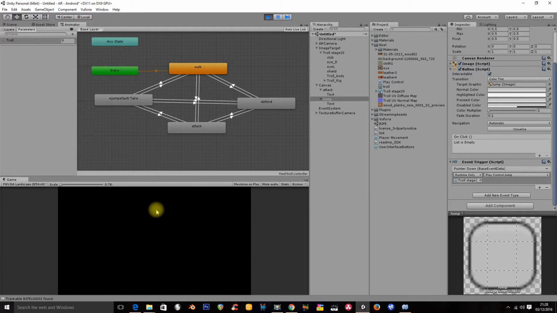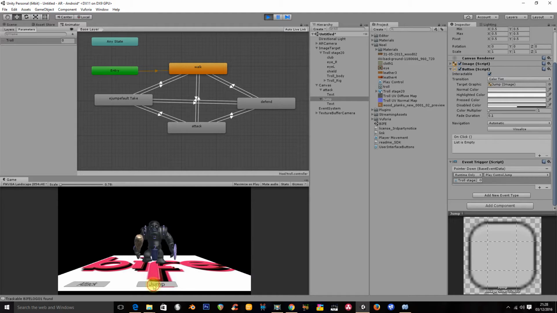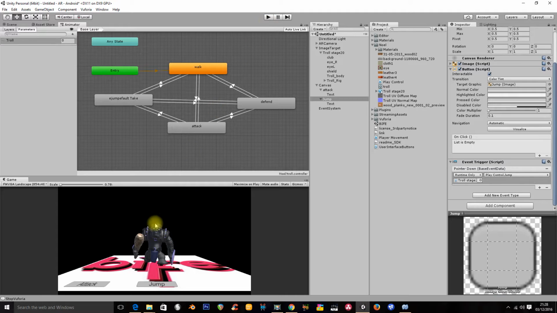If it doesn't, oh, but there he is. Let's see if I can. I can't test it here, so I need to test it on my mobile device. Now, there is a way if you have Unity Remote. There's an app called Unity Remote from the Google Play Store you can download onto your phone